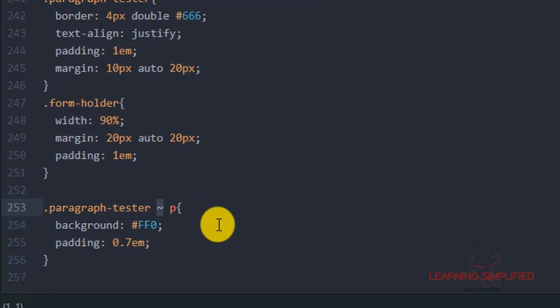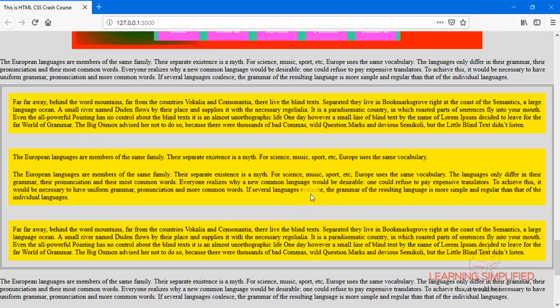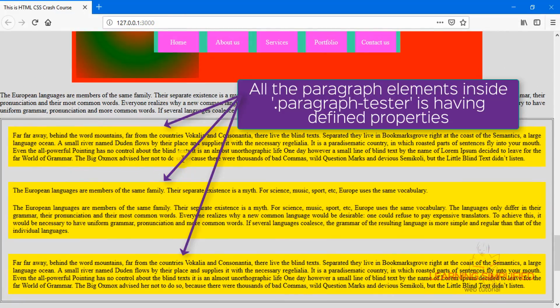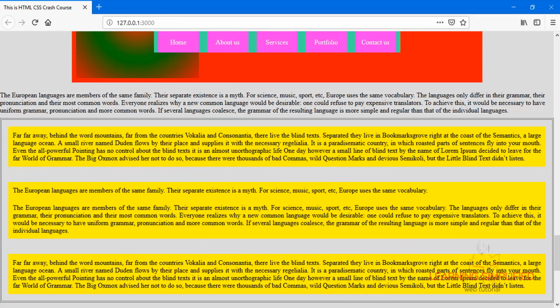Now in the first case, you might remember this one. We said that if we use this kind of syntax without any combinator inside, you can see there's practically no presence of any combinator. If we get back to our project, we can see that every paragraph element inside this particular paragraph tester div is getting a yellow background and some padding.